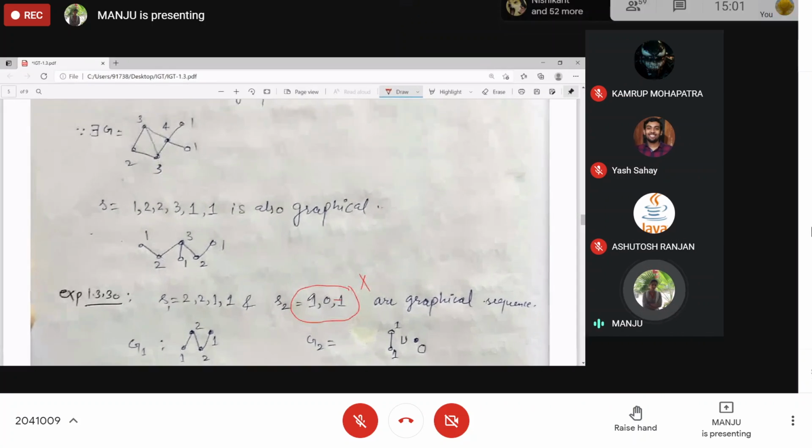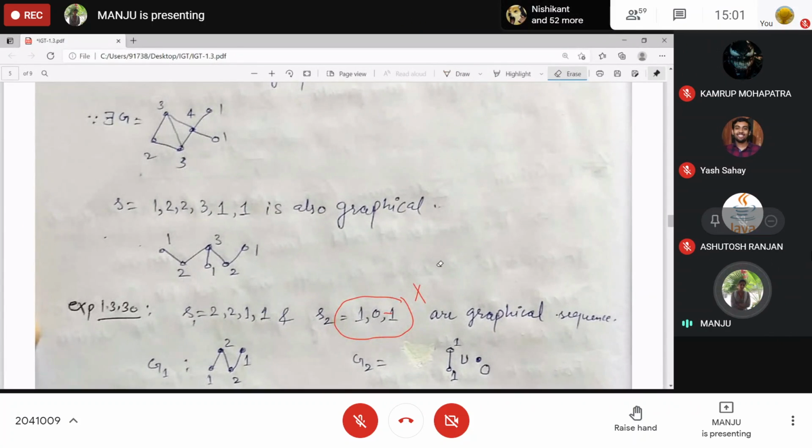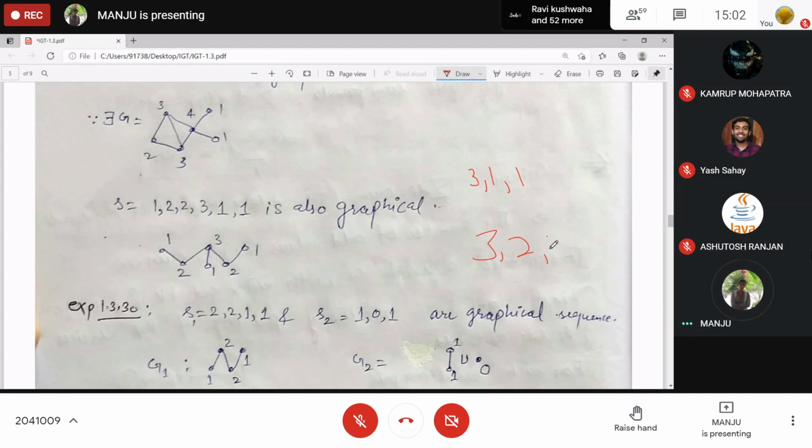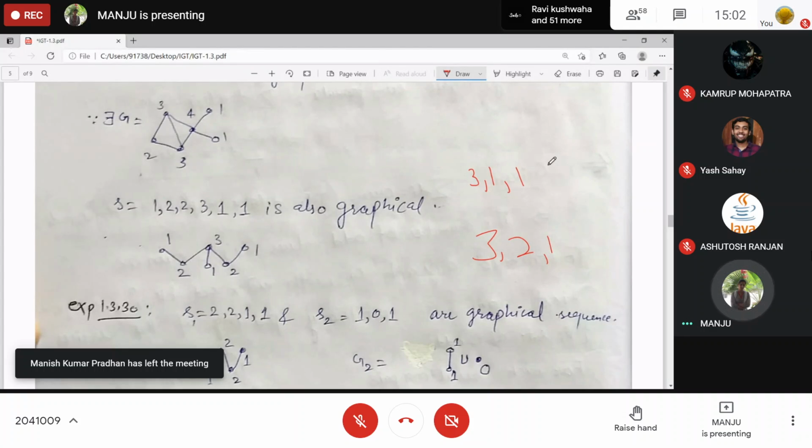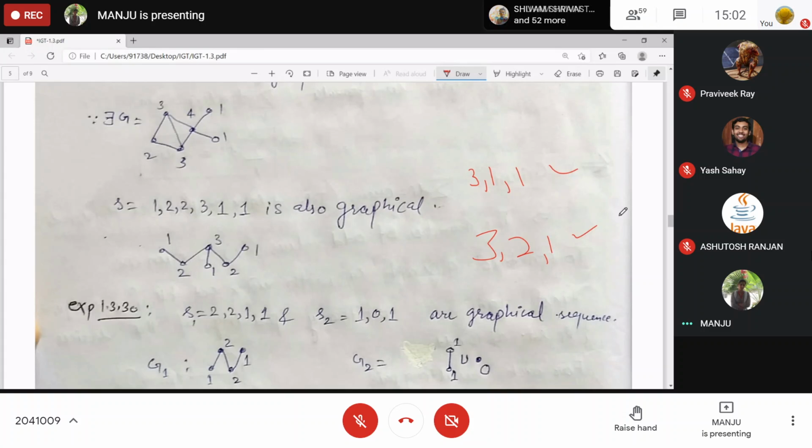And if I make this positive only and this as 3, that is 3, 1, 1. It's graphical. 3, 1, 1 or 3, 2, 1, whatever you can take. Is it graphical? No, ma'am.